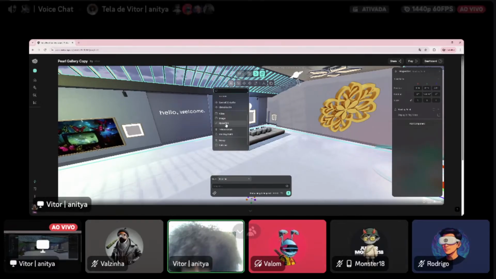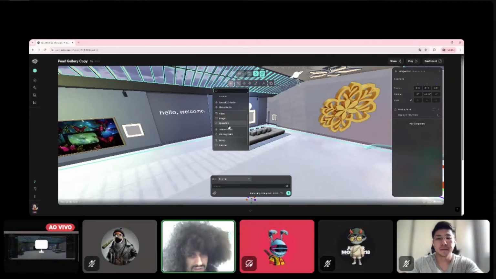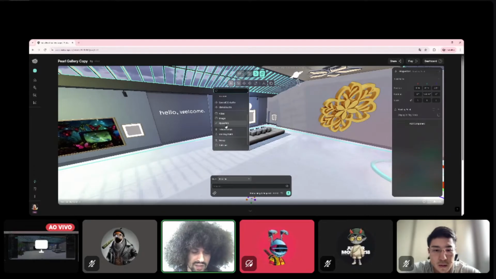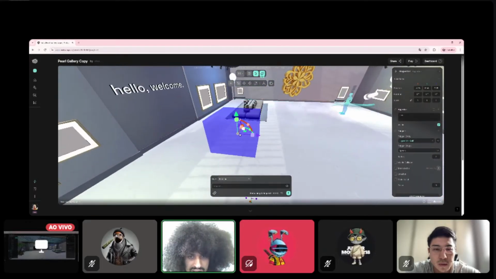Now the other media, because this is a media also, is the hyperlink. And this is very nice if you are building your portfolio, for example, in Anitya. Imagine, let me put a hyperlink in here. You can make it visible here. This is basically saying that in this area, if you are not using your mouse locked in the play mode, and I'm going to show this in the play mode, you can click in this area and it will open a link in another tab.